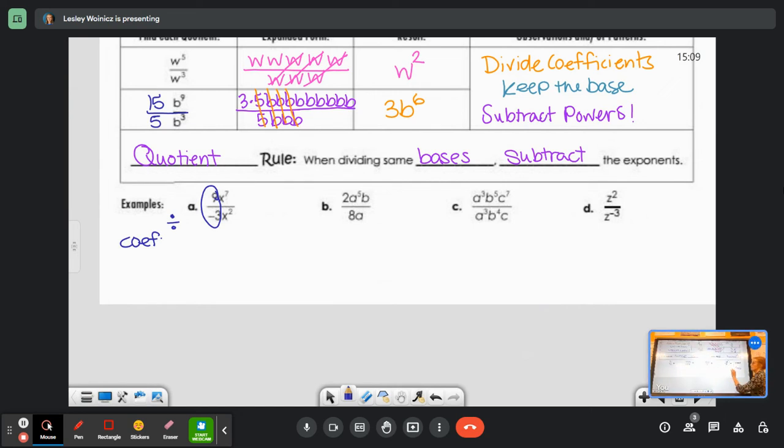Yeah, negative 3. Okay, I keep the base, x. And what do I do with my powers? Subtract them. Isn't that nice? So nice. All right, so far we've been nice and put the big number on top, but it can only last so